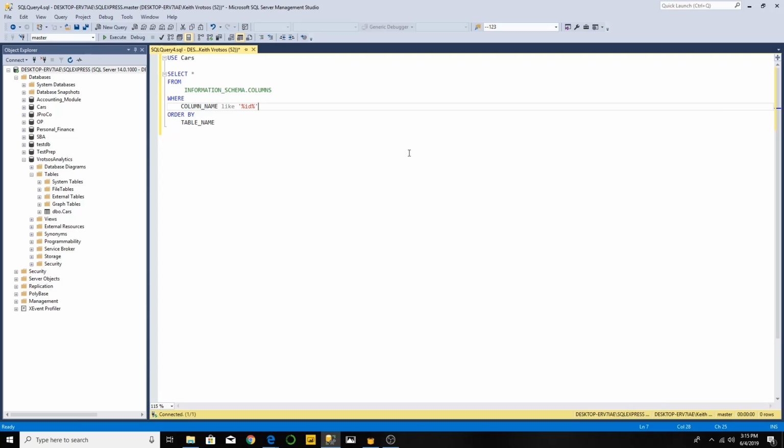Hello everyone, just a very quick video today. We're going to be covering this query that allows you to search for columns within any particular database in your SQL Server. This is a very simple query. You just specify which database you want to search in. So I want to search for columns in the cars table, and you just write select all from the information